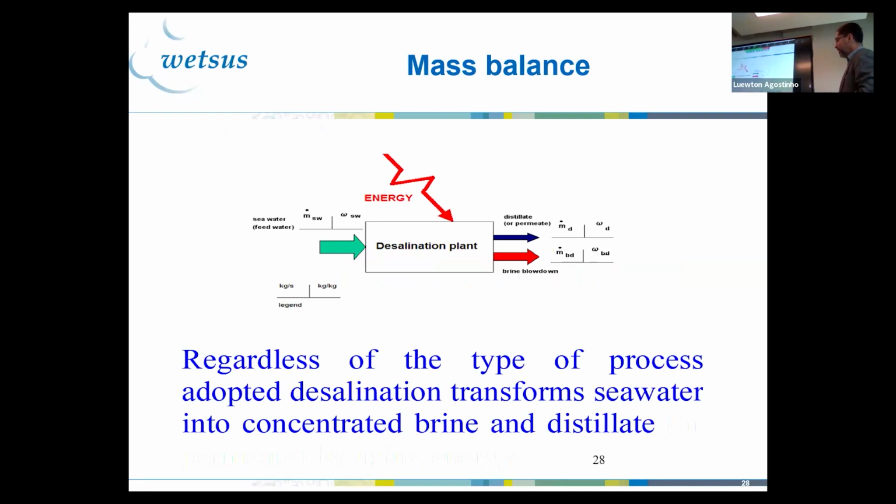What we have said before is that desalination is a thermodynamic process. Of course, the term thermal in thermodynamic always implies thermal energy. But a thermodynamic process, if you get to the second law of thermodynamics, simply means a process efficiency or process functioning type of system where you put your feed in, you put some energy in, and then you get two different types of streams out. You get a treated stream, which we call distillate or permeate, and you get a concentrated